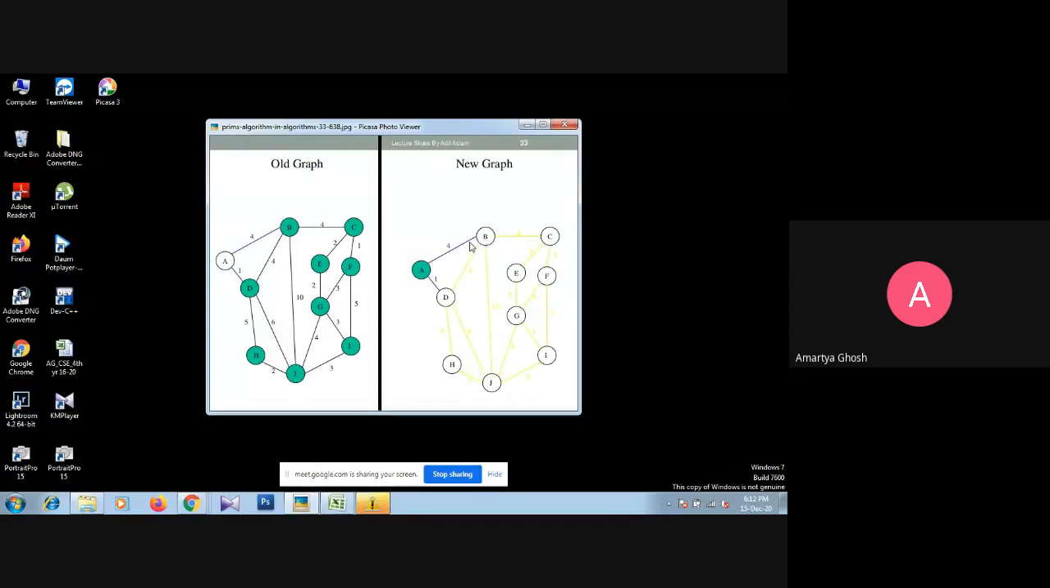Next, since we are already at D, from D again we have to think where we can reach. From D we can reach B, H and J. And what are the weights? The weights are 4, 5 and 6. So according to priority of weight, we have to insert 4, 5 and 6. 4 means basically B and D, and 5 means H, and 6 means J to connect. So now, because